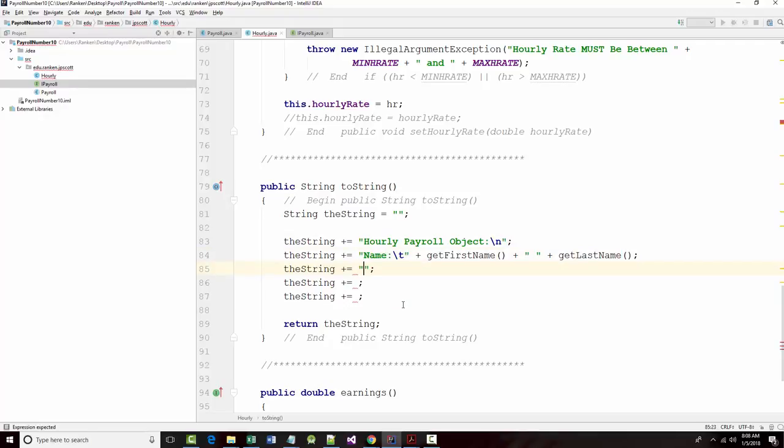So after the name, we'll put down hourly rate. Get hourly rate. And actually, that should have been here. This should be hours worked. Doesn't really matter the order in which you put them, but I'm just trying to be consistent with the way that I've set this up, that's all. All right, so hours worked, hourly rate, so this should be get hours worked. All right, and then finally,